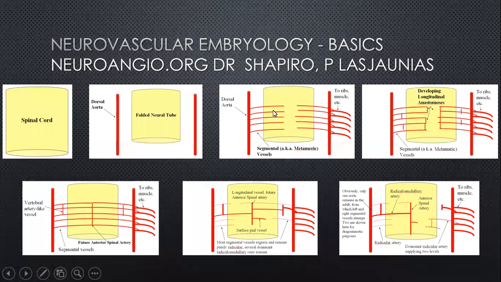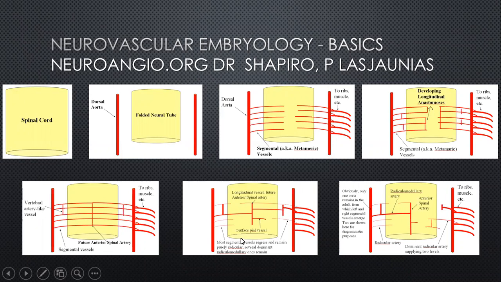The segmental vessels will start developing. The segmental vessels will develop interconnections between them. They will also fuse in the midline, and that becomes the anterior spinal artery. And most of these segmental vessels will regress. Only a few will remain behind, and hence we call the anterior spinal artery, which may originate either from the vertebral artery in the cervical region, or from the multiple thoracic intercostal vessels, or the lumbar vessels too.